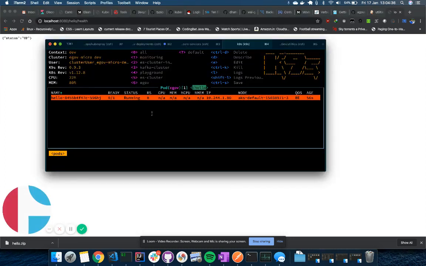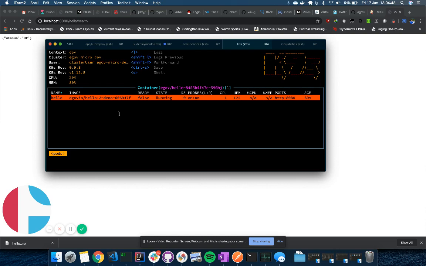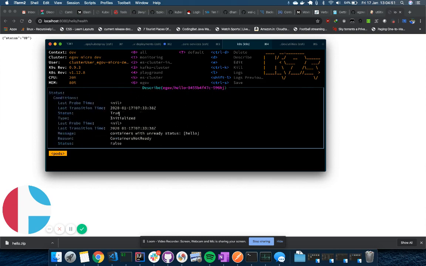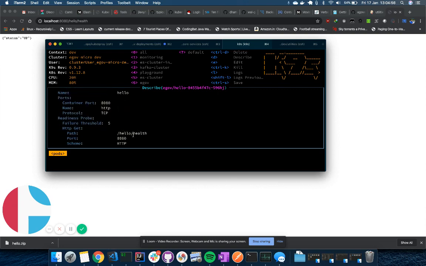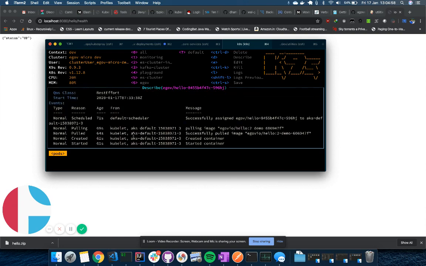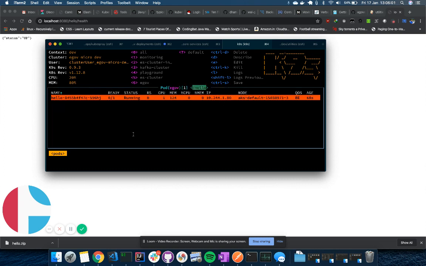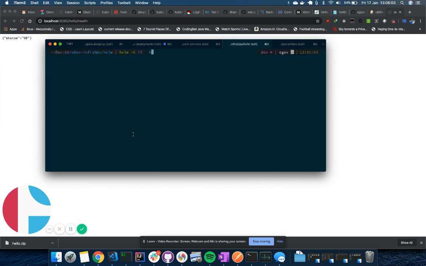So now you can see that it's still in a 0 to 1 status, which means it is still not exposed to the internet itself, because the readiness and liveness check that I told is active, and it would first check if the health endpoint is working, and only then will it route traffic into this. Okay, the health endpoint is this. So now it says that it's done.